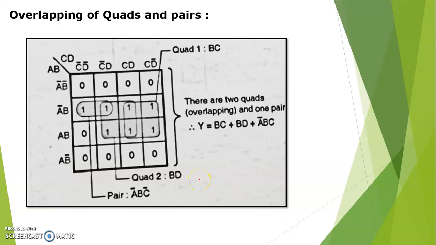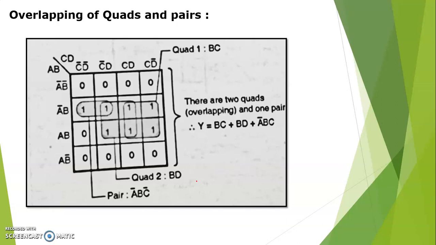In the previous example, you can see that there is a square method. You can form a square, you can form a 4 vertically, you can form a 4 by corner, you can form a 4 by horizontally. Like we have overlapping of chords and pairs. We have a chord 1, that is a 4, 2 chords. We have a 1, that is a 1 1 1. We have a 2 and 1 is your pair.